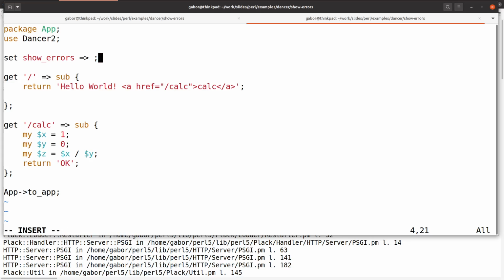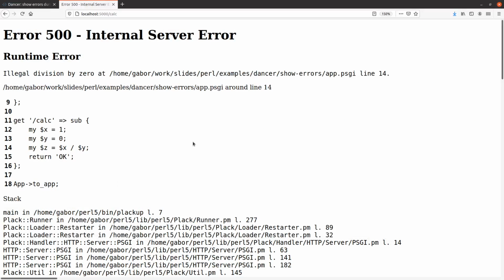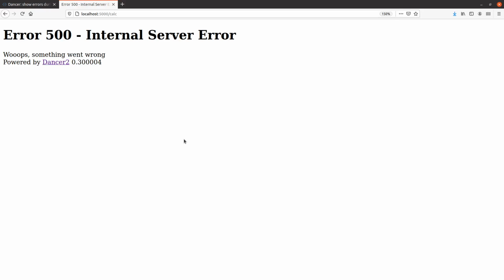So what I could do at this point, if I don't have separate configuration files, is that instead of hard coding the value here, I can say that there is an environment variable. Let's say I call it DANCER_ERROR. You can pick any variable name as you like. Now, as I save this, because this environment variable is not defined, if I go back, well, first of all, because I saved it, this process was restarted, so I know that it's the new version. And then if I go back to this page that gave me a 500 error and reload it, now it gets me back to the old, boring, and not so informative page,